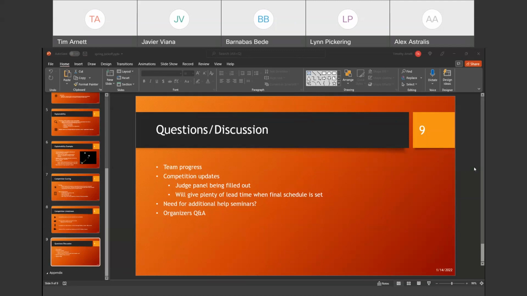Mic test, can everybody hear me okay? Yep, sounds good. Hi everybody. I'm here with Professor Bede. Alexander, unfortunately, just last second had a severe, he's okay, allergic reaction, which he's taking medication for and everything, and he's going to be okay. He's just not in shape to join us for the presentation, unfortunately.